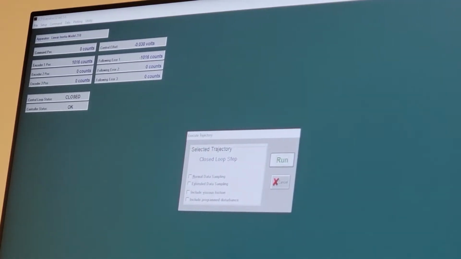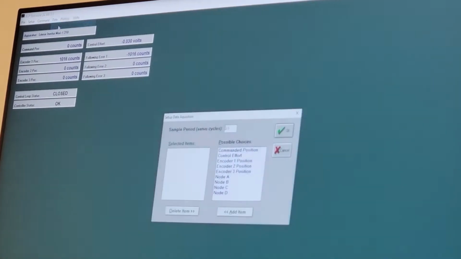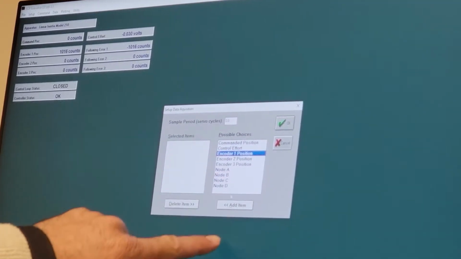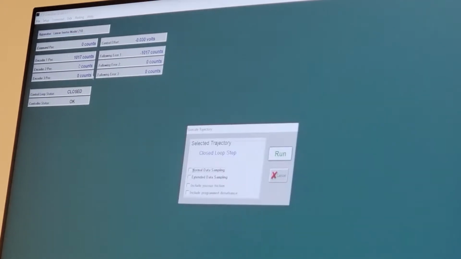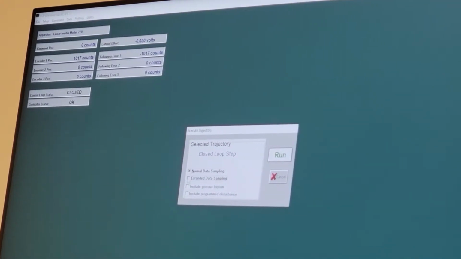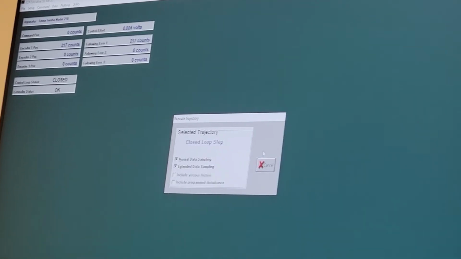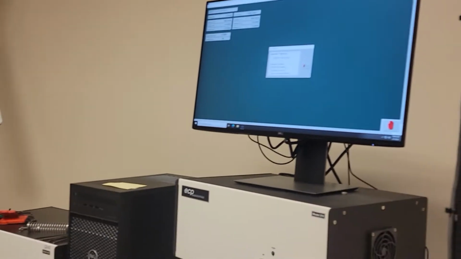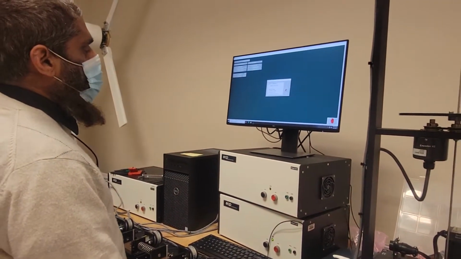Trajectory execute. So let me go command data, set up the data for the encoder position 1, add this item here. This is sufficient because this is encoder 1. So what you will do, go over here, execute, and record this. So when I run it, if I click on this, it comes back to this position. So you will record this data,